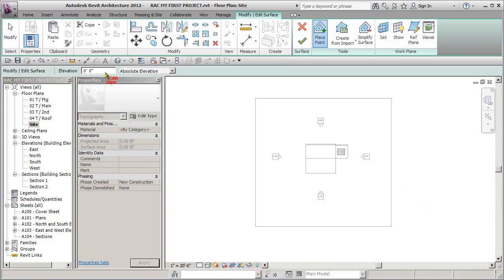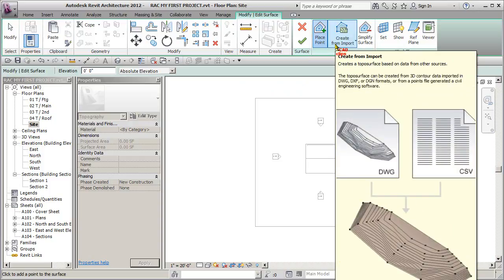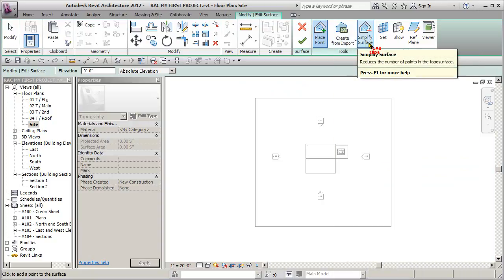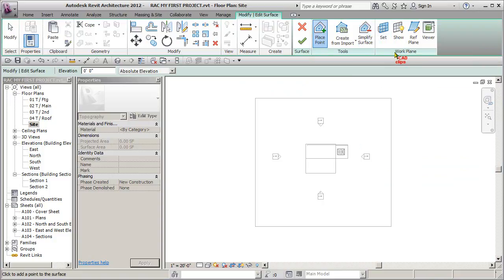Notice we go into sketch mode. You can place a point, create from imports. You can import points here, okay, different ways, CSV, DWGs, or a 3D terrain file. You can do simplification of more complex surfaces. It smooths it out, and some other regular work plane stuff. But we are in sketch mode, which means that until we either finish or exit, we're kind of stuck in here in